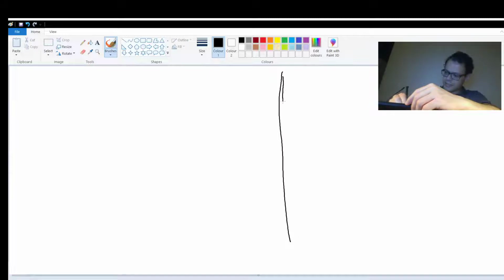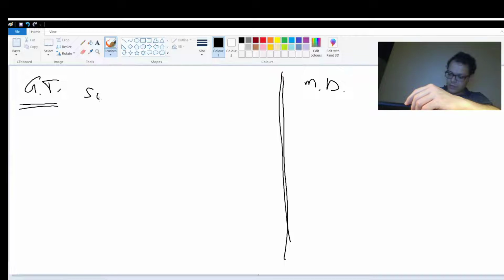I draw this line to show that all this goes for game theory, and we still have to go to mechanism design. So for game theory, we can also talk about sub or super modular,